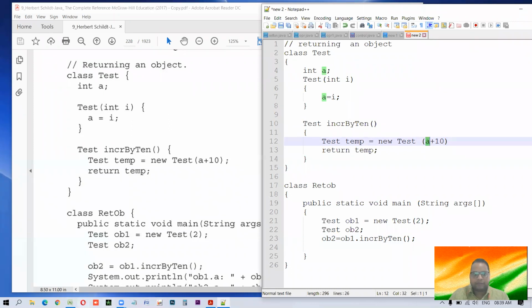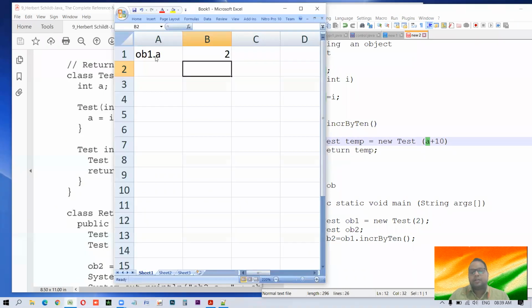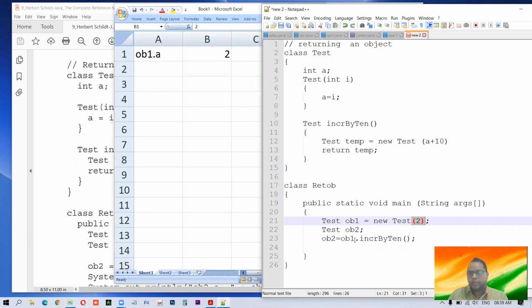For this purpose we have saved a. The ob1's a is 2, which has been done here. So when this function is called, a has the value 2, but we are creating a new object and calling the constructor.